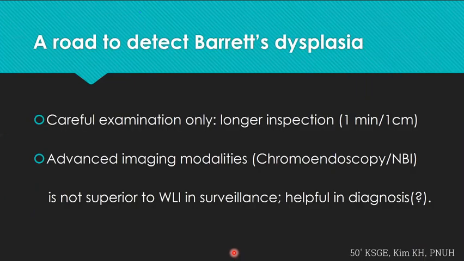So I'm going to conclude my sharing. The road to detect Barrett's dysplasia or pre-malignancy is very hard, but I do emphasize time, because longer inspection is the number one prerequisite in order to diagnose Barrett's esophagus. In Korea, we require 1 centimeter of Barrett's mucosa to get 1 minute of examination. In America, they say Barrett's inspection time, or